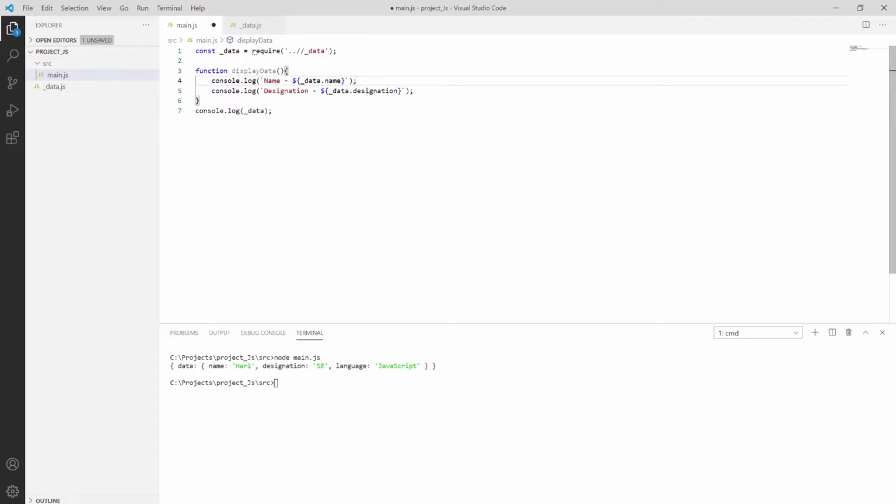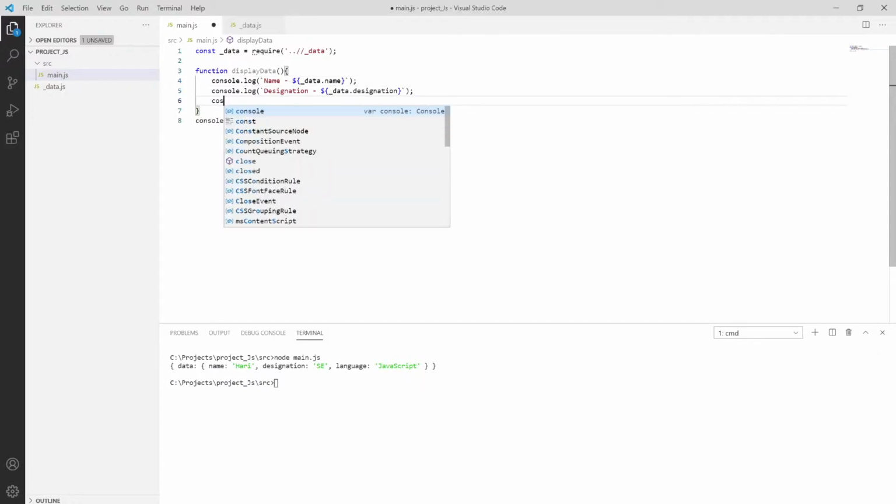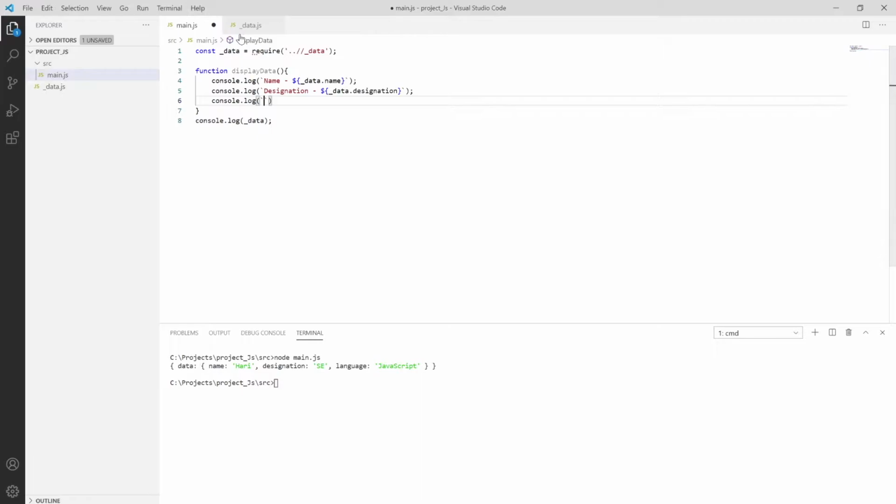So simply print with console.log, and in the braces write it down as language.